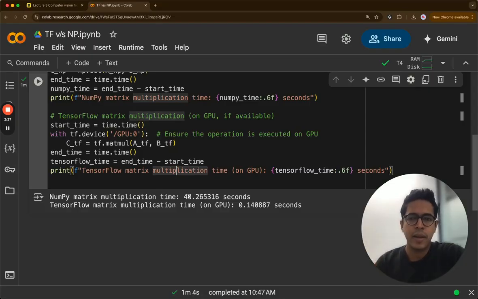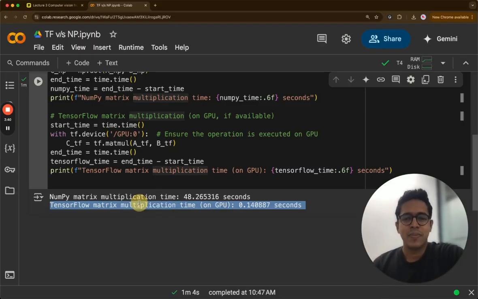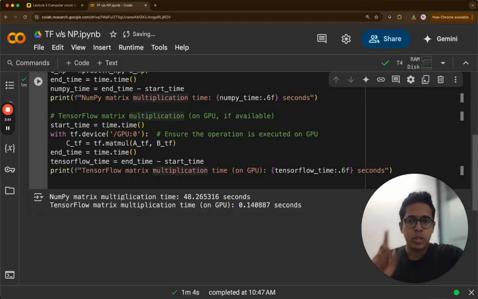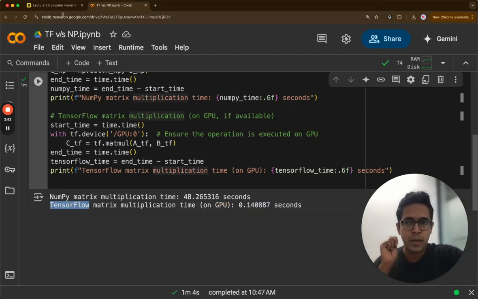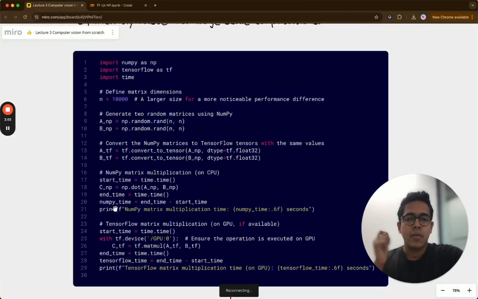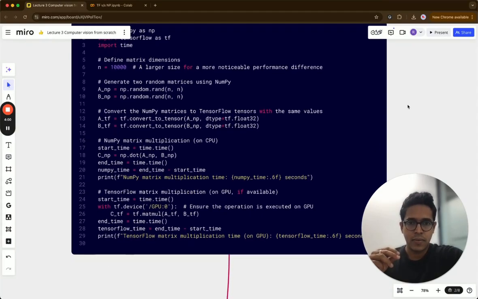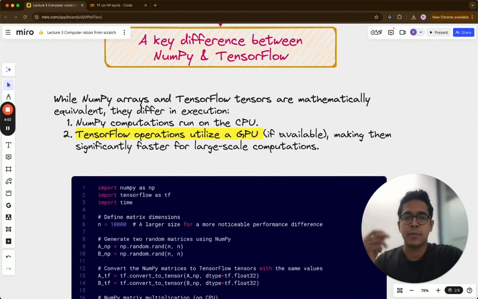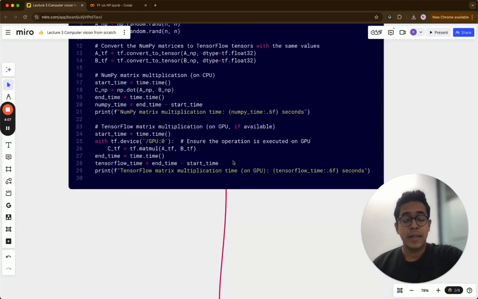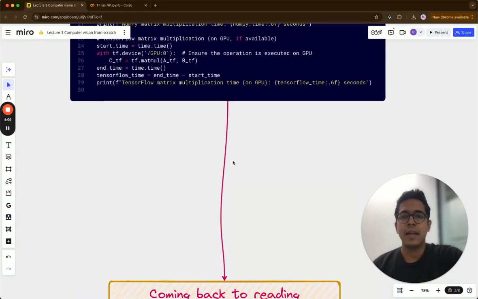So similar order of magnitude. But look at TensorFlow, 0.14 seconds. Previously, how much was it? It was around 39 seconds. So it is almost 2 orders of magnitude faster with GPU. And this is possible only for TensorFlow. So the takeaway here is that whenever possible, convert your NumPy matrices into TensorFlow format so that you can execute things faster. If TensorFlow representation is possible,